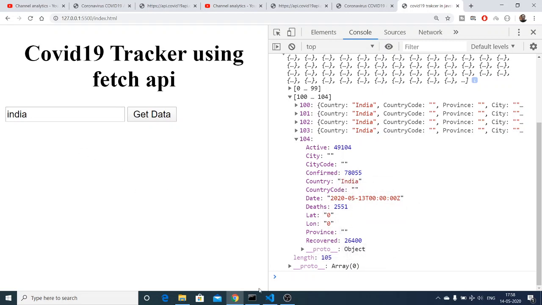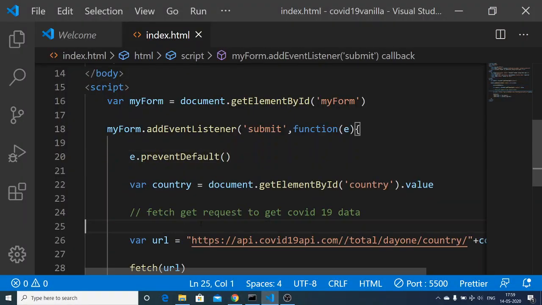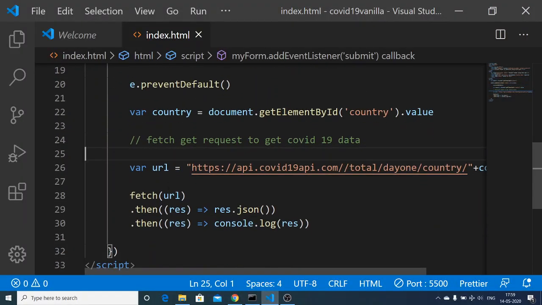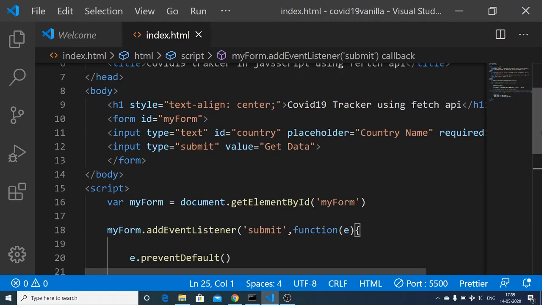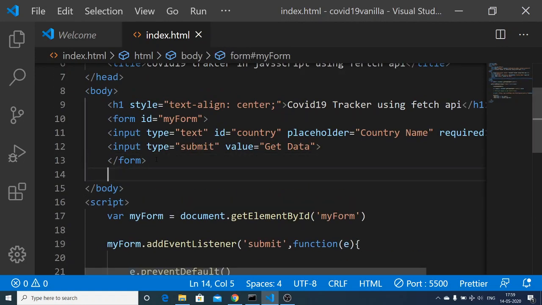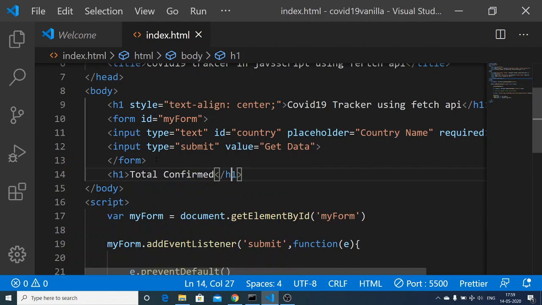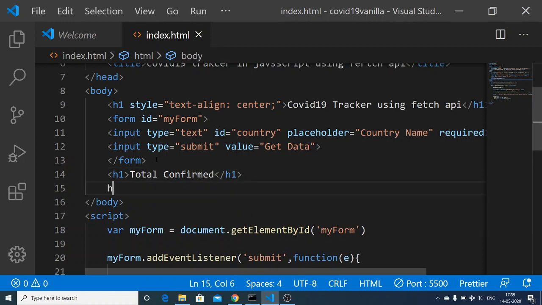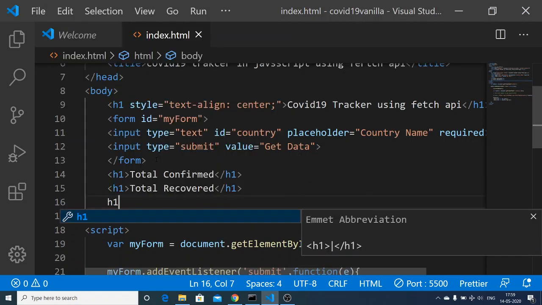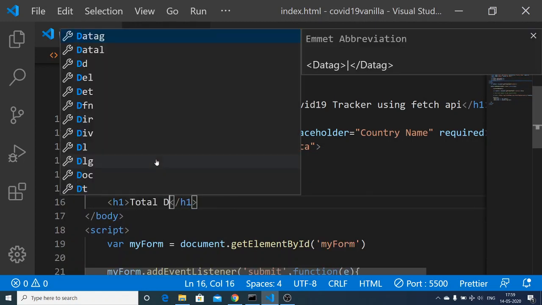Now we just need to print it out on the screen. So basically we have just made a fetch call and we have got the response back inside a JSON response. And now just after the form we can have three headings. We can just write total confirmed, and then we can write total recovered, and then we can write total deaths,